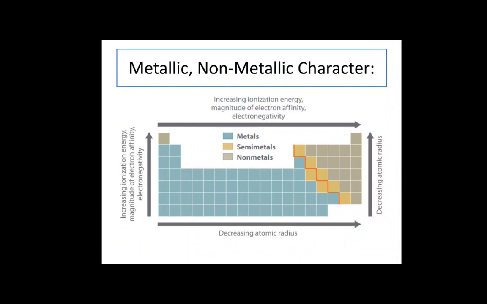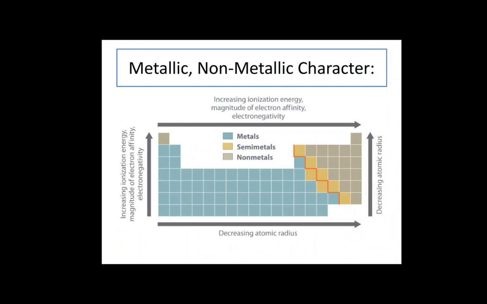Metallic and non-metallic character. Metals are present on the left side as well as in the center of the periodic table. Non-metals are located on the right side of the periodic table. By losing electrons, metal atoms change to positive ions, that is cations. So, they are electropositive in nature. Down the group, the metallic character increases because the electron releasing tendency of the atoms tends to increase, while along a period the metallic character decreases because the electron releasing tendency of the atom tends to decrease.